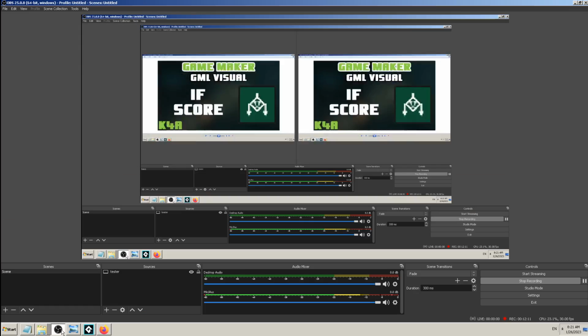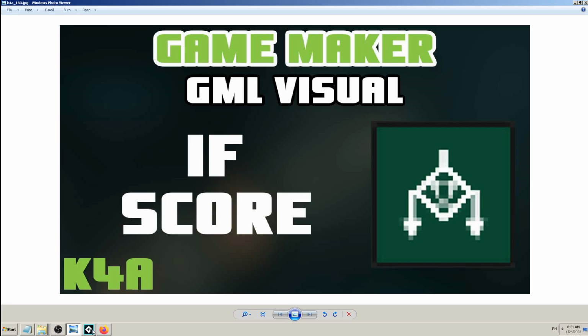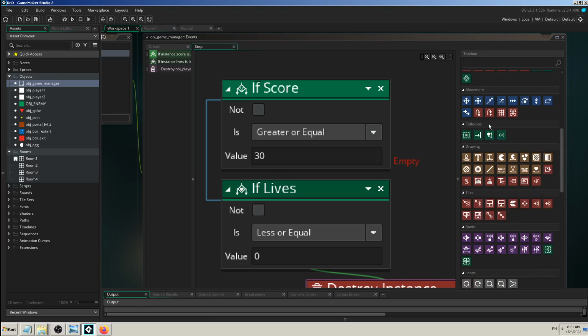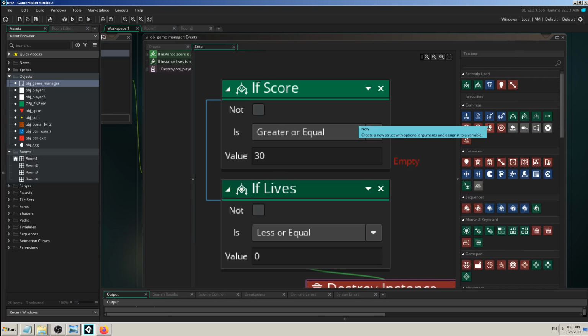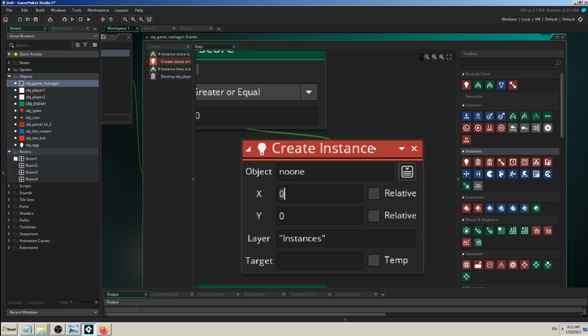So you see how easily you can make more complex games and reuse your knowledge from before to create more complex games. So now I want to create my portal to the next level, to the second level. Again, be careful, now my create instance will be